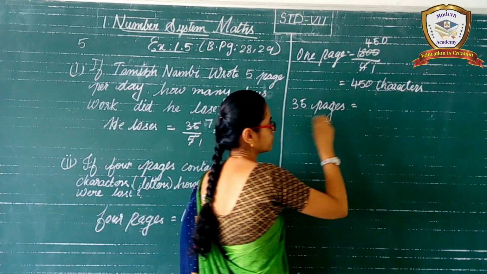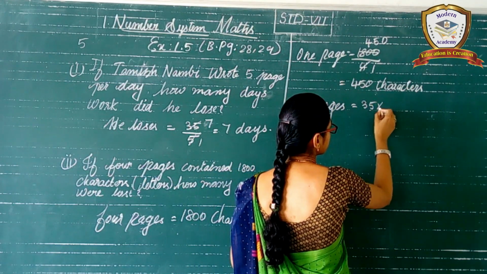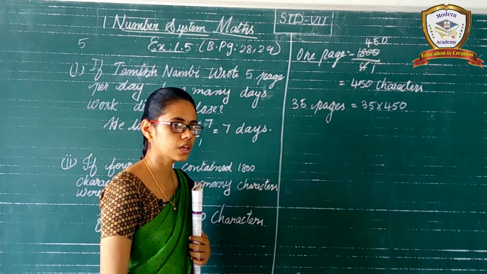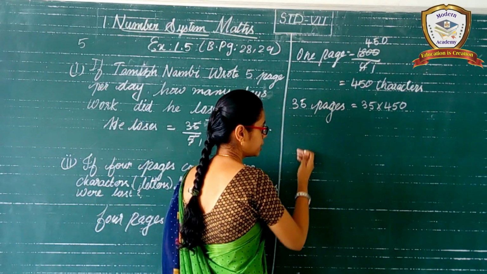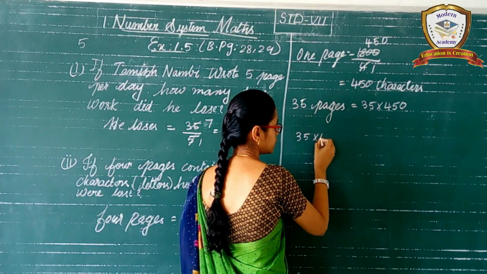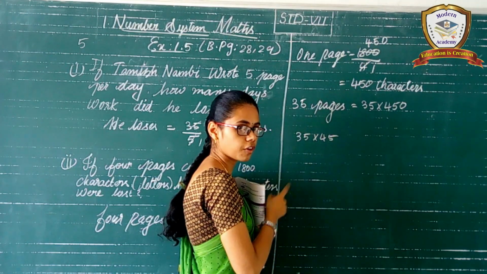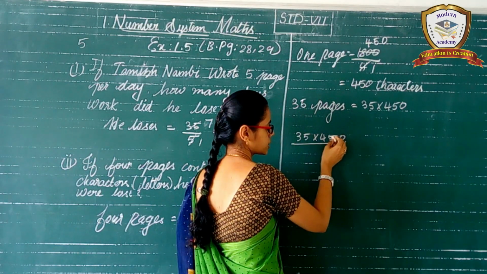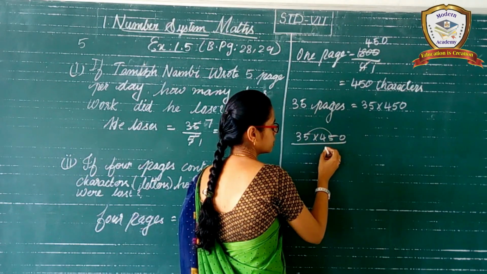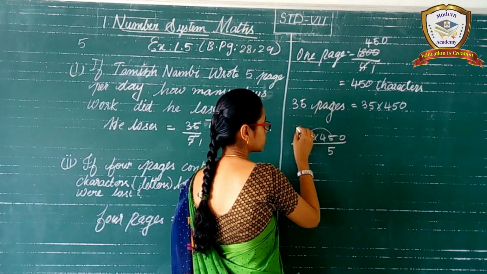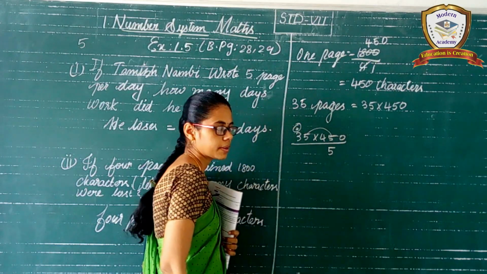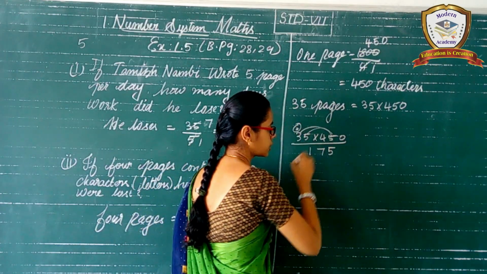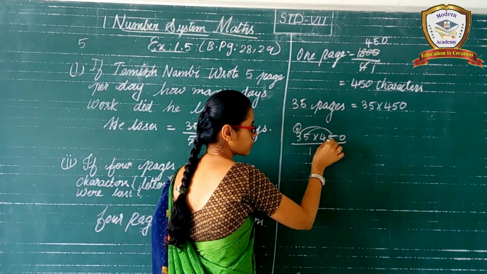So we have to multiply. So 35 into 450. We have to multiply. Okay. So I multiply here 35 into 45. The 0 we finally have to add, so this one we will not consider. Go to the next digit. 5 5s are 25. Remaining 2, and carry goes to the next number. And 3 5s are 15. 15 plus 2, 17. Okay.